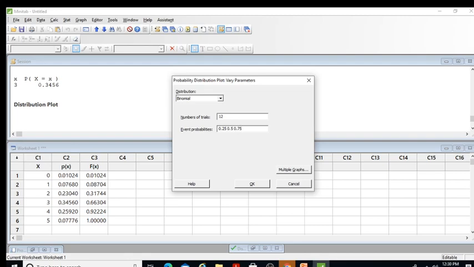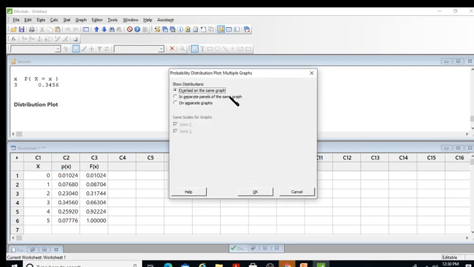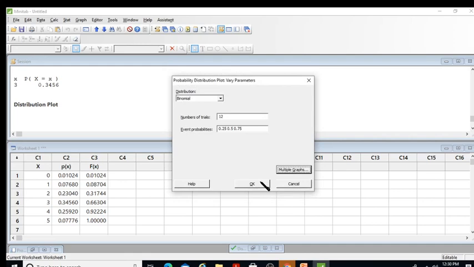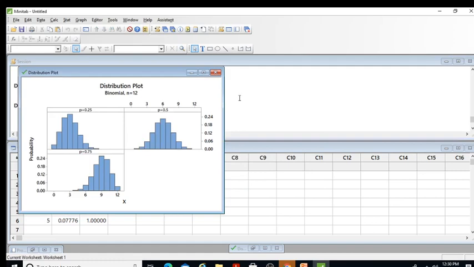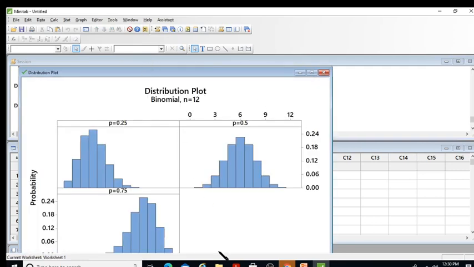If I do like this, and what I want is the multiple graphs, so in separate panel of the same graph, overlaid on the same graph or on separate graphs. In separate panel of the graph, I have 3 options for these 3 different graphs in a separate panel of the same graph. Let's say I just do it like this. Okay, once I go on number of trials with these event probabilities, so you can see that